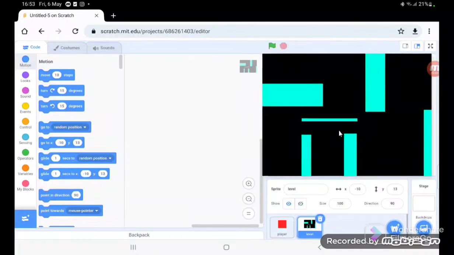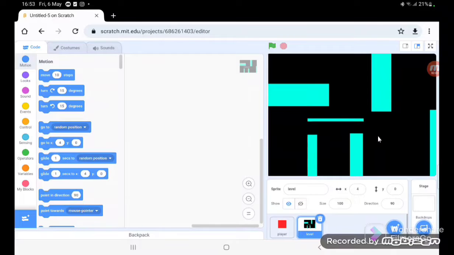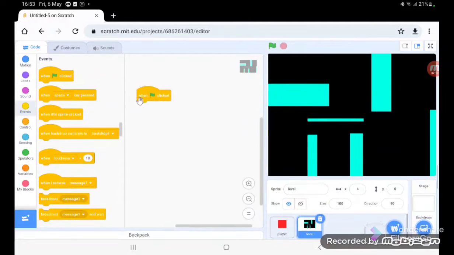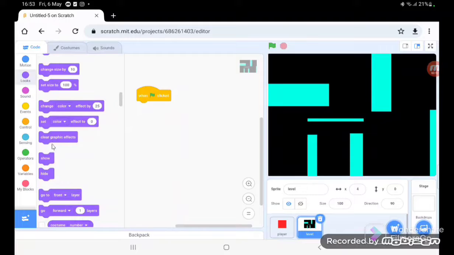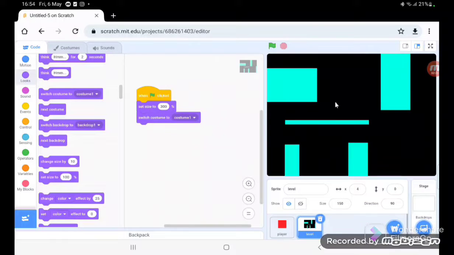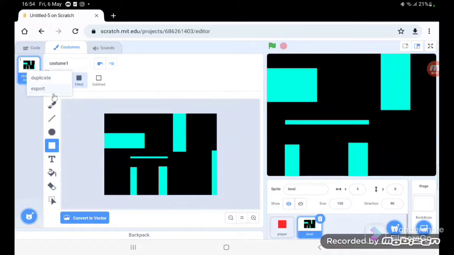Now we want this level to be sized at 300 because we're gonna scroll. Let's make it scroll. Now let's go to when green flag clicked. Set size here to 300. And let's just switch the costume to 1. Now it's already sized big, but it's only 150. So what can we do to trick Scratch so it can be 300? Let's duplicate this or just make a new costume,